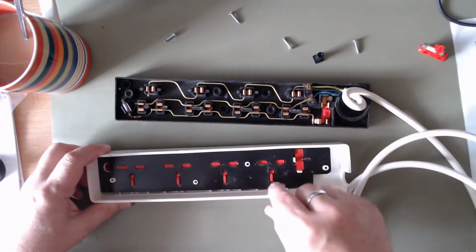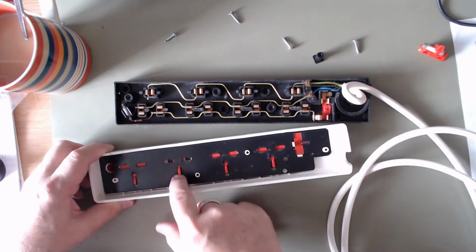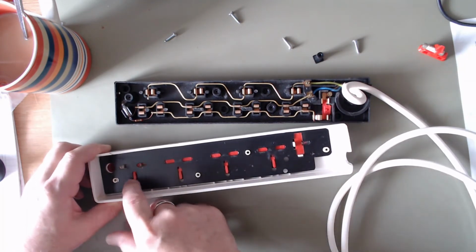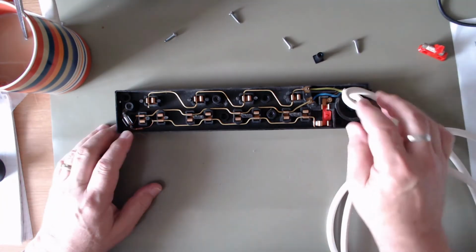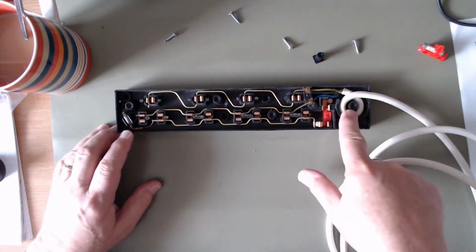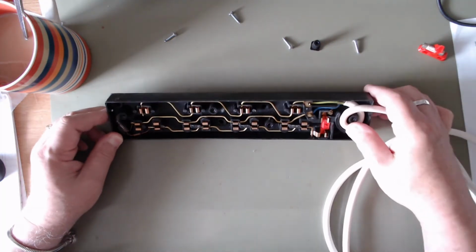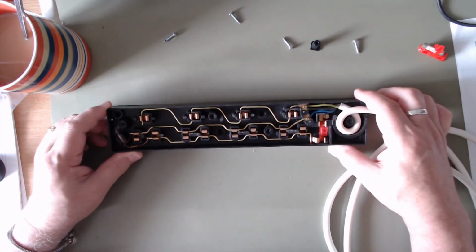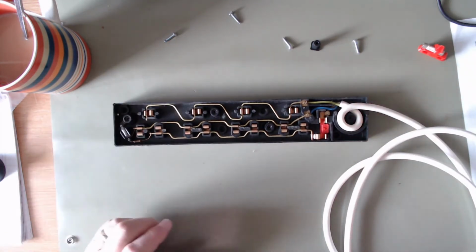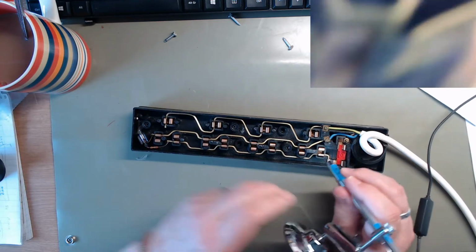There's the shutter mechanism that all UK plugs should have. Neat cable, neat cable retention. Doesn't look too bad. We might have to get the other camera in. Oh, I'll get the little camera out and